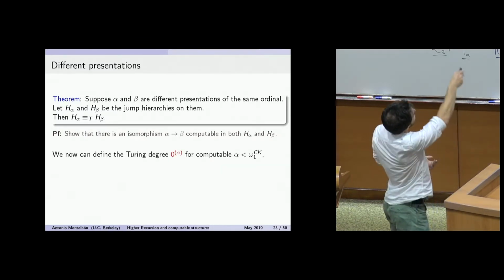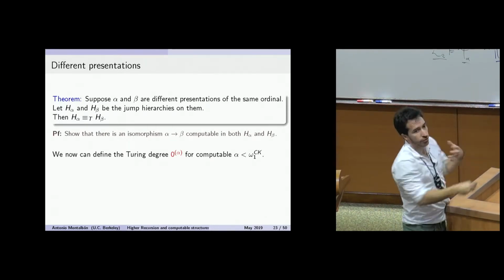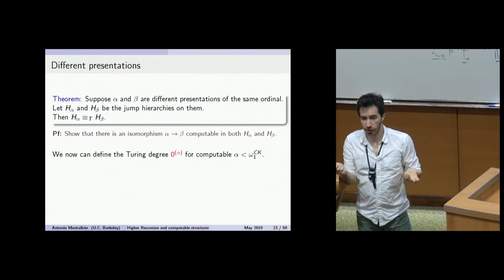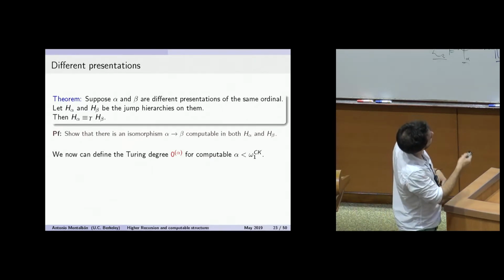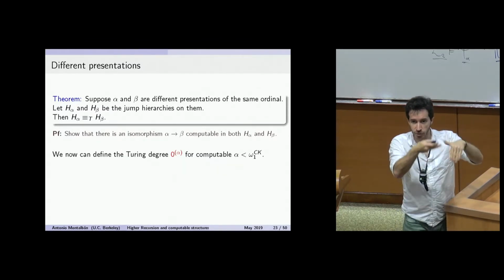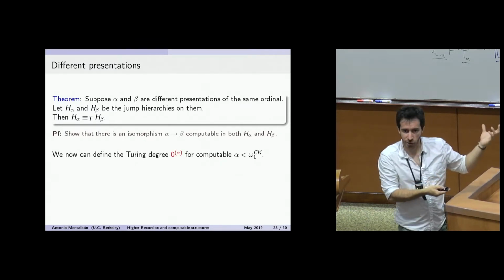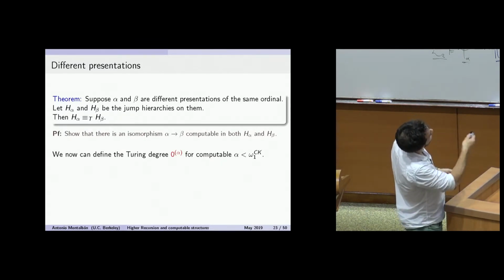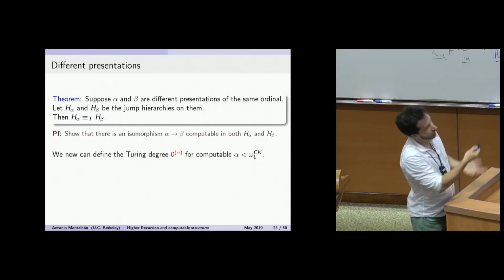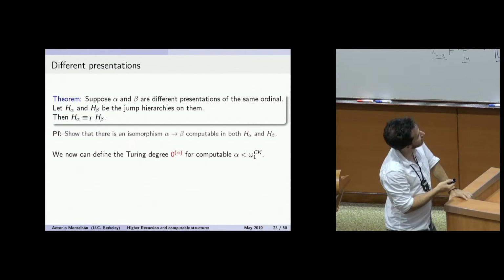Since these are the same up to Turing degree, we can define a Turing degree 0 to the alpha just from the ordinal alpha, because it's independent of the presentation, up to Turing degree. I was thinking of this, and I don't know the answer. If alpha is a successor, the previous ones are Turing equivalent, so the next ones are many-one equivalent. So you get a many-one degree that is the natural 0 to the alpha. If alpha is a limit, this proof doesn't tell you these two are many-one equivalent. If you have a nice presentation of alpha, there is a nice many-one degree. But if it's an alpha that doesn't have nice presentations,